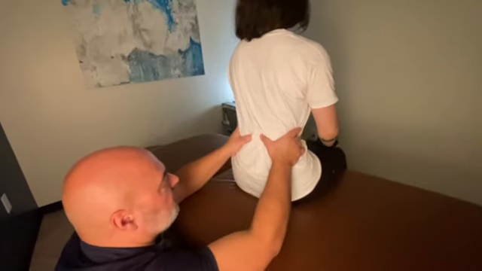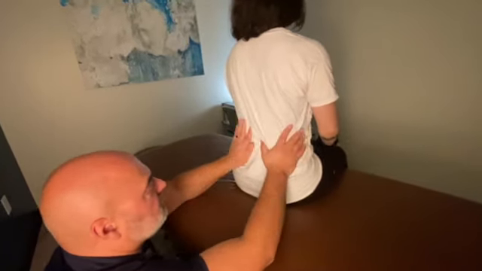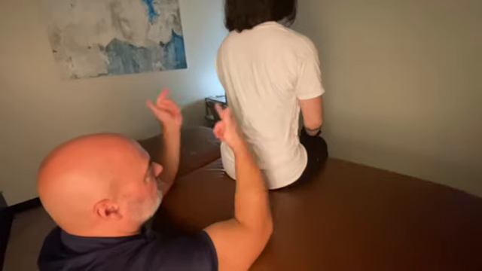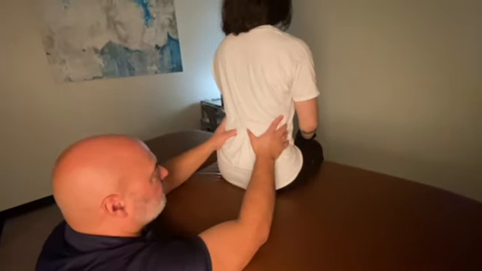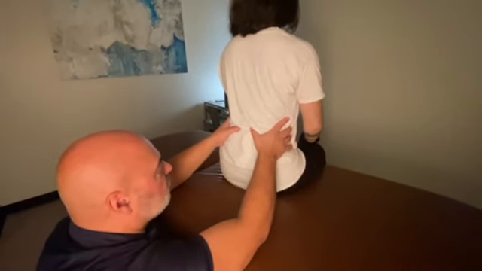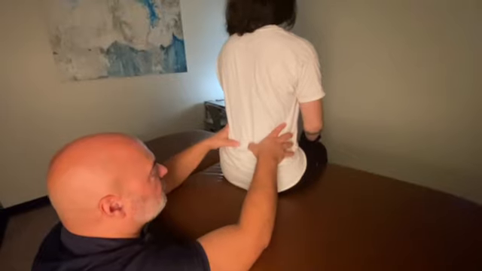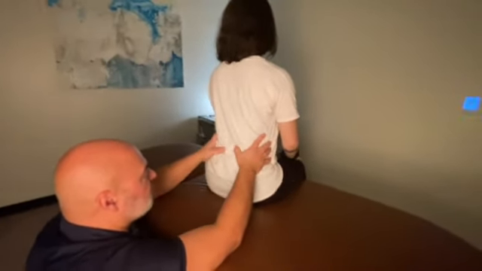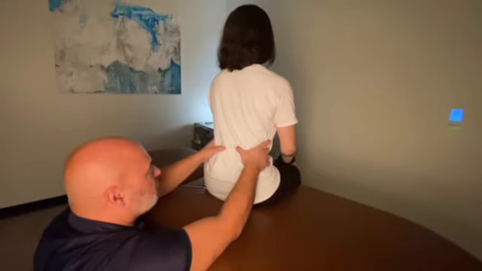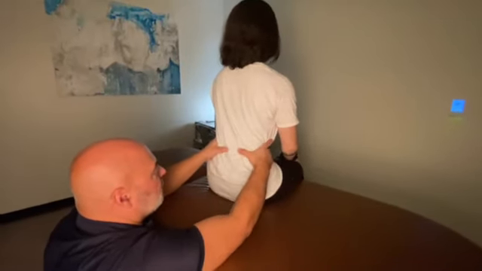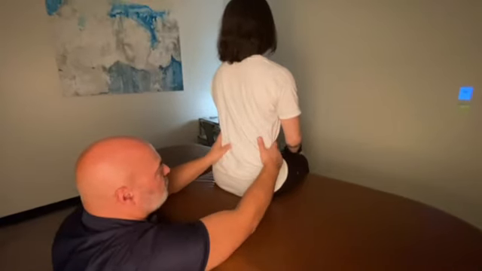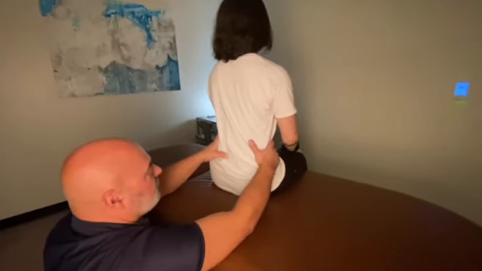So we can kind of even get a general test. So this is closer to me, posterior, right? So it would be rotated to the left. And indeed, as I put a little more pressure through the muscle and into where the transverse processes of the spine would be, you feel the rotation here. So, and again, when I push on the transverse processes here to rotate to the right, that's not as easy